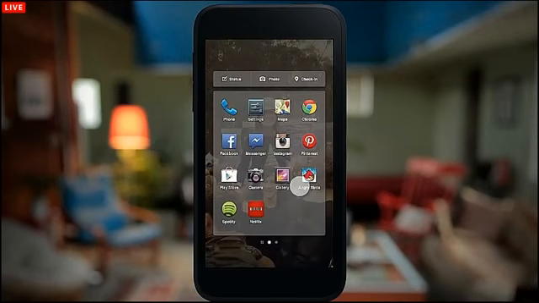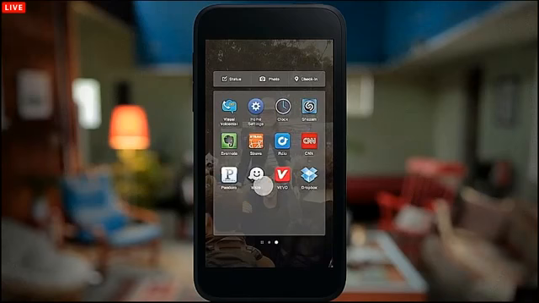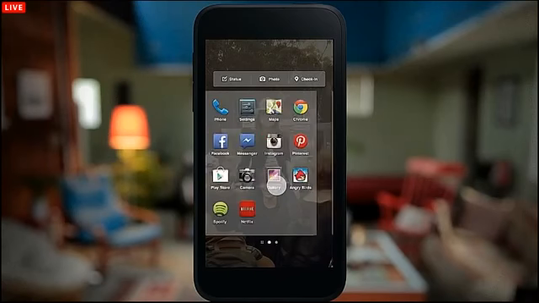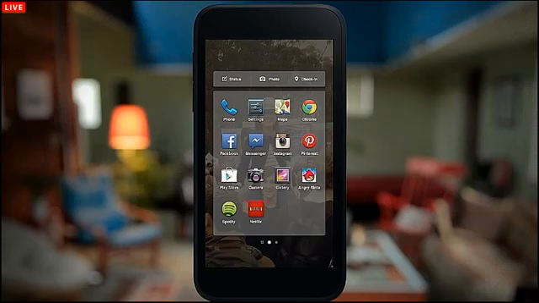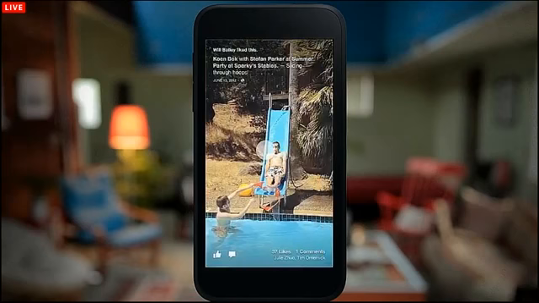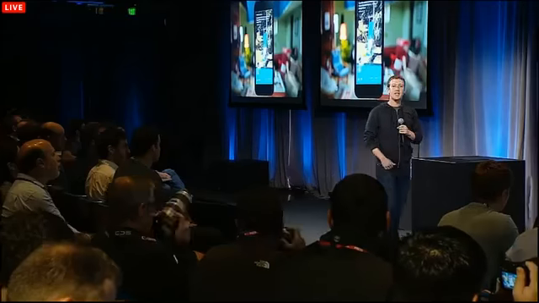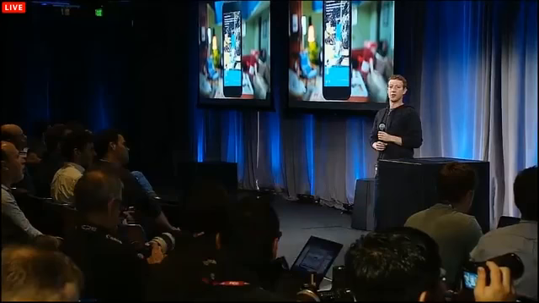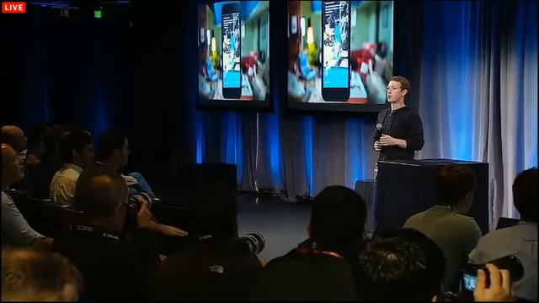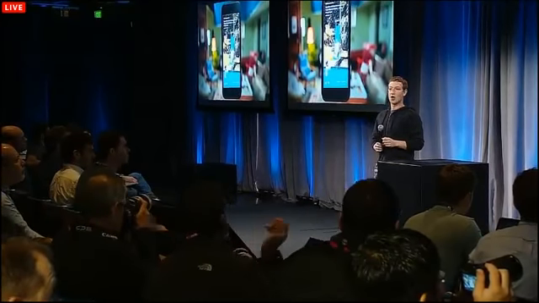Just one swipe away. All your apps, and the launcher has pages and everything else that you'd expect. So you can go and you can tap on Maps to get your directions. Then when you're done, you just throw it away. And you're back to Cover Feed and your friend's content. So that makes it really easy to get to all of your apps. But there's one in particular that we wanted to make even easier: messaging.